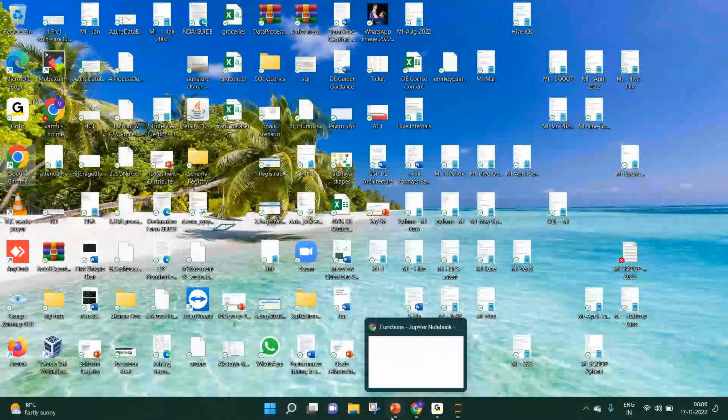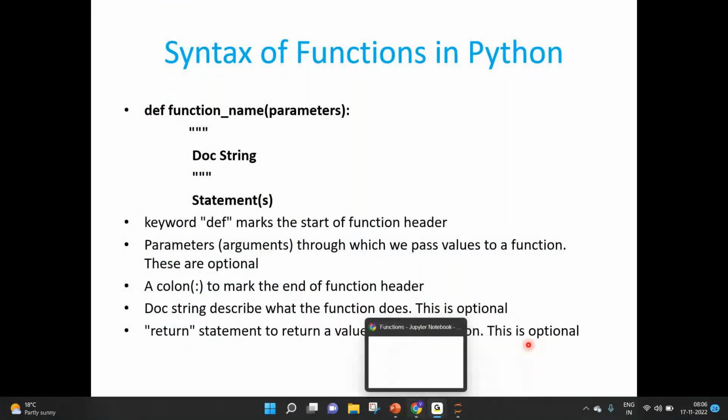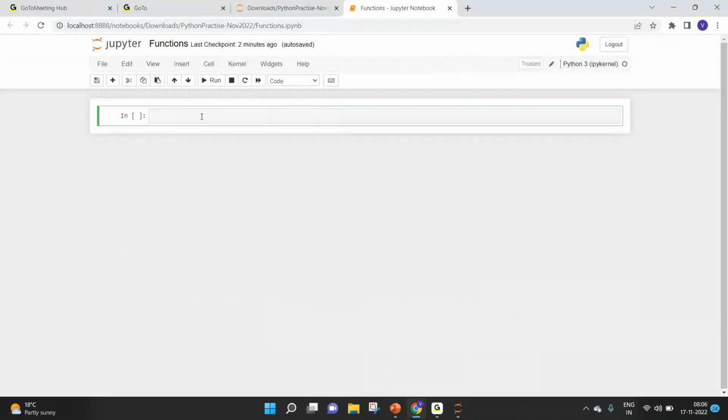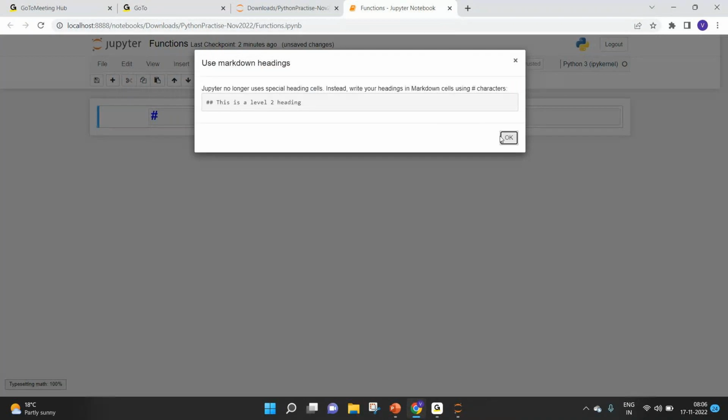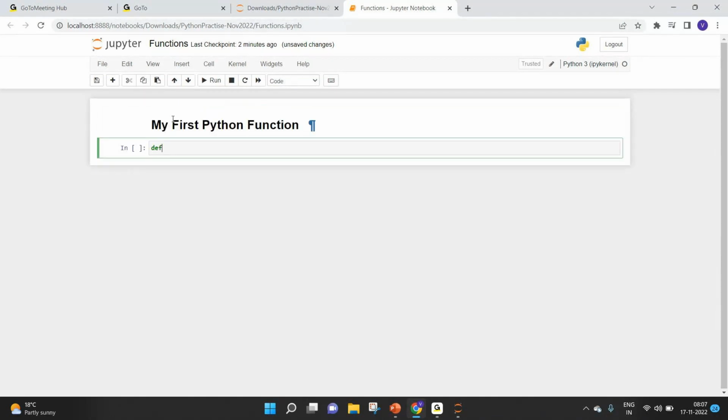So I already have created a blank notebook. I'm going to use the same. Let's add a heading. My first Python function. So I will start with a very simple function. So def, let's say greet. This is not going to do much. This is just going to take the person name and then print it,